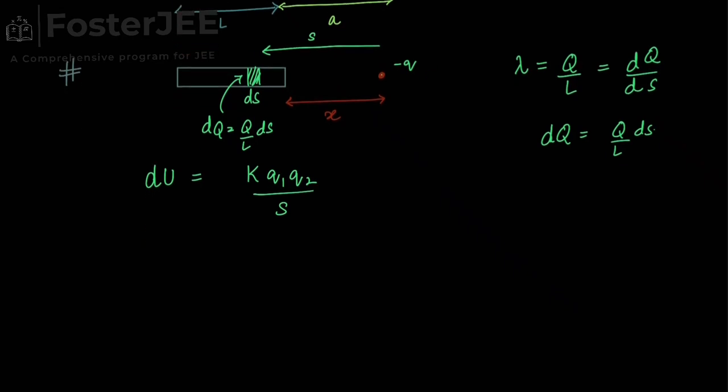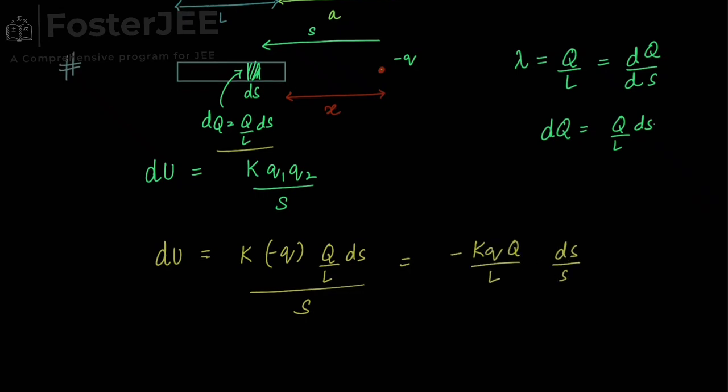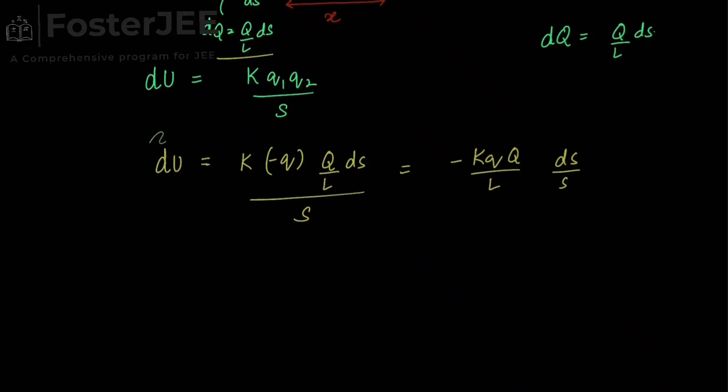Now dU is k q1, the value of q1 is minus q. We have to put along with signs, and the value of q2 is Q upon L ds upon s. This becomes minus k q Q upon L ds upon s. Now integrating this equation,